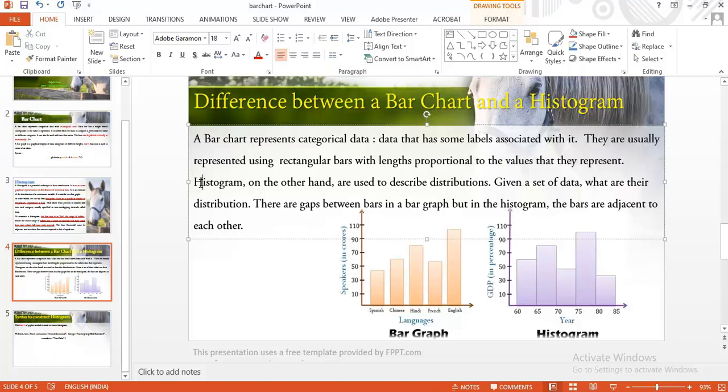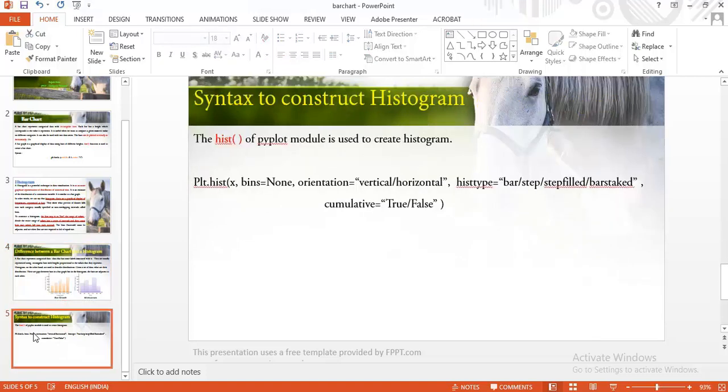A histogram, on the other hand, is used to describe the distribution of a given set of data. And one more thing you will see: in a bar graph there is a gap, whereas in a histogram there is no gap.